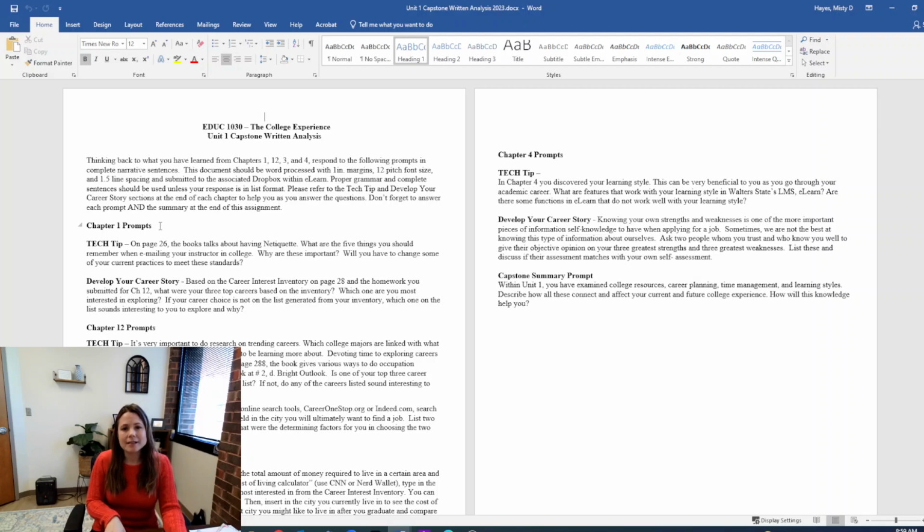So this content has to be relating to your life. That's what narrative is, first person. So once you figure out the 1-inch margins, use 12-point font size, and use 1.5 line spacing,